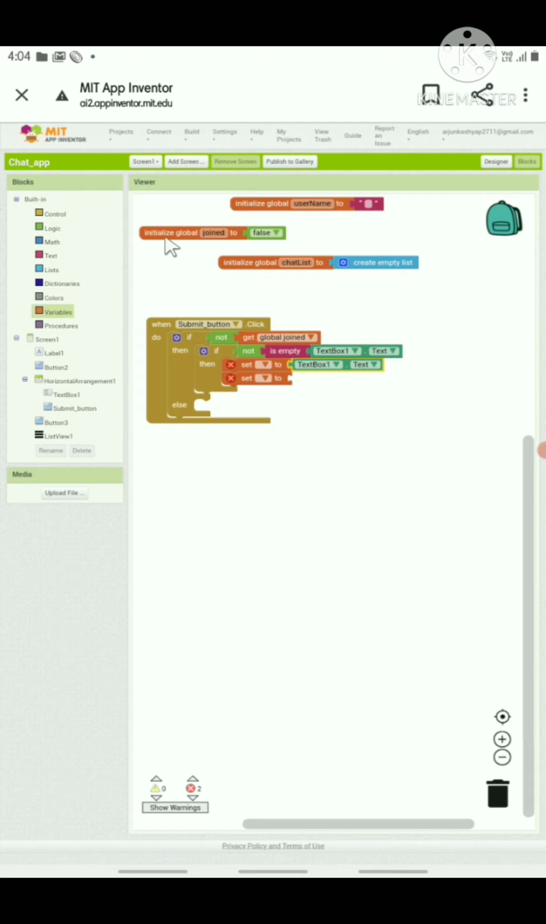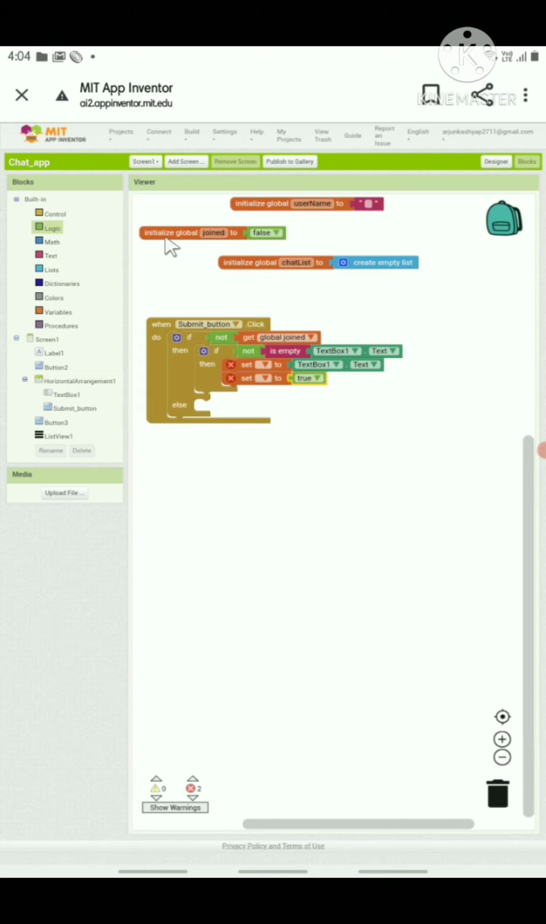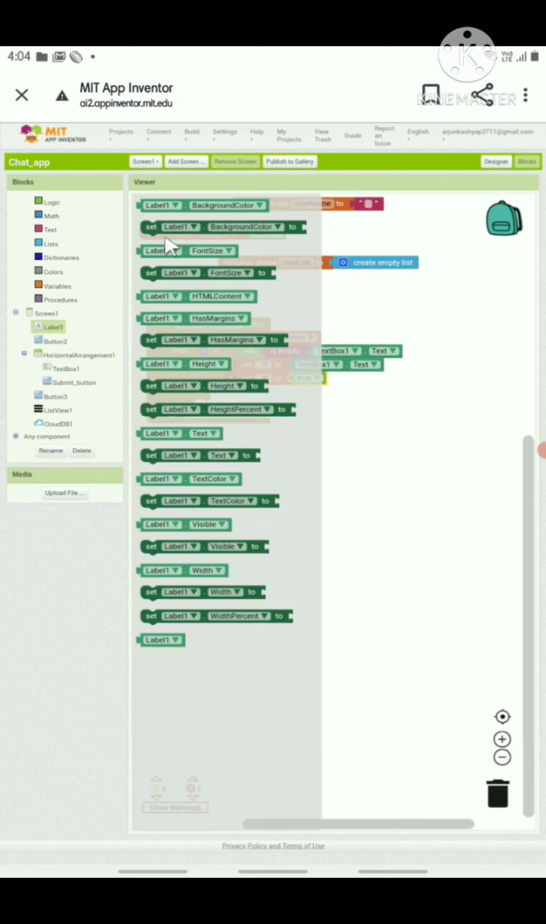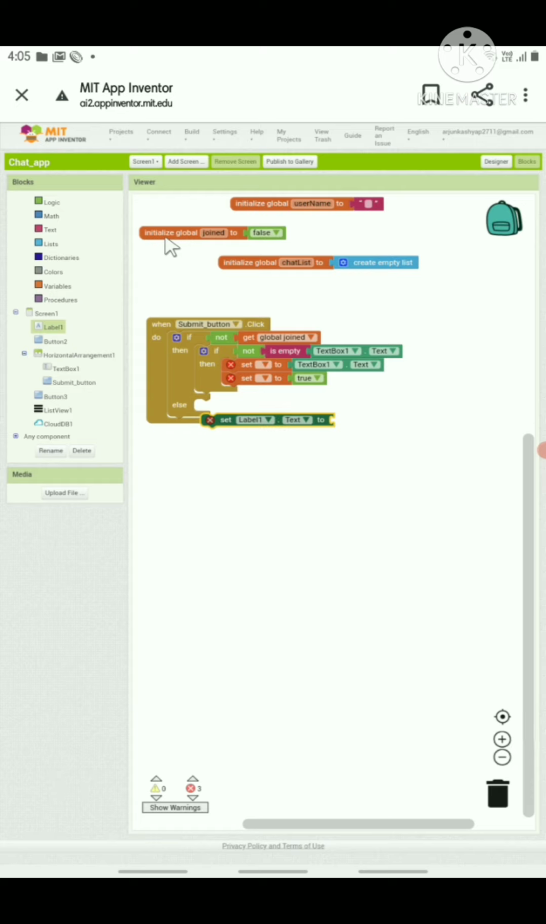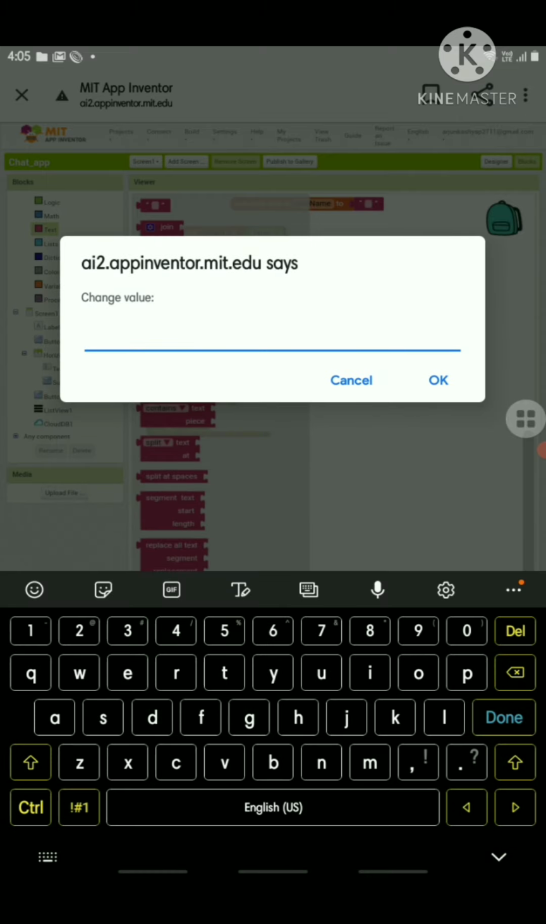Yes, and this should be, go to logic, and this should be true, and go to label, here label, and this should be set label text, where we can find text 2 and keep it and drag and put here, and this should be type